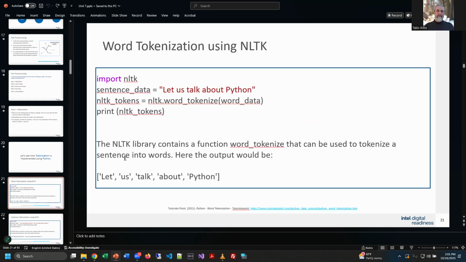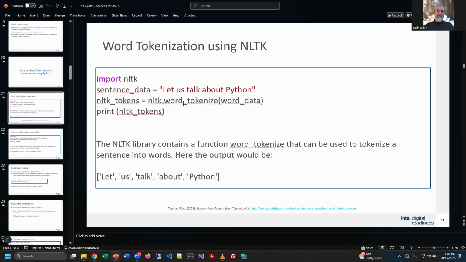When we start to work with Python, that's exactly what we're seeing here, where we take a whole sentence like we see here, and we can run the NLTK library on it, where they have a tokenizer. And we're basically taking that sentence and breaking it into its individual words and putting it into a data